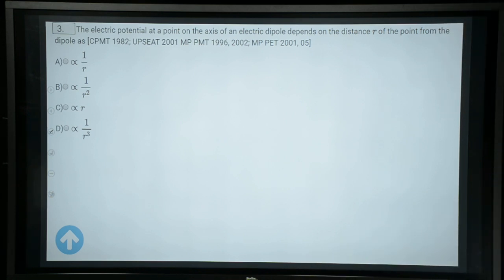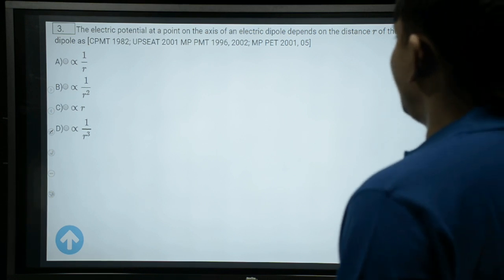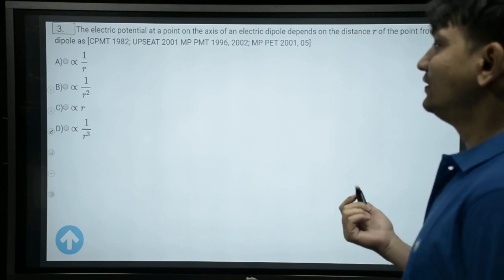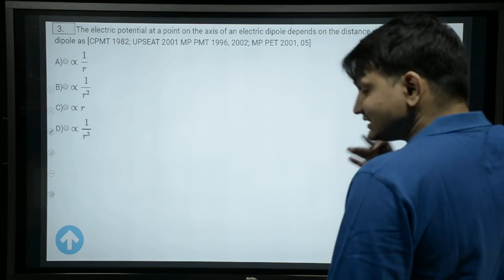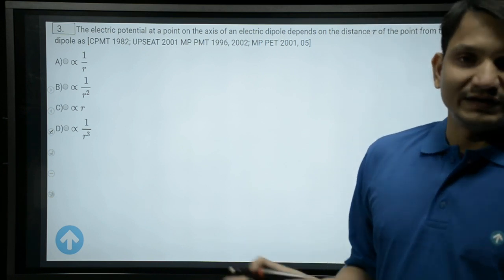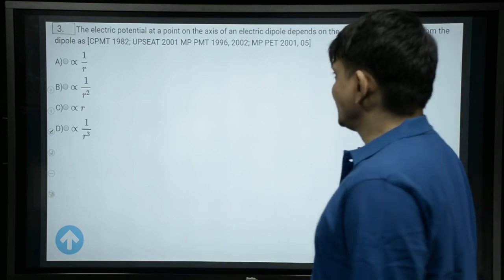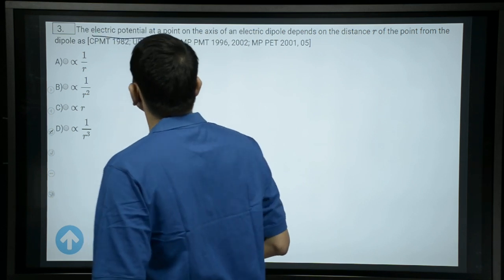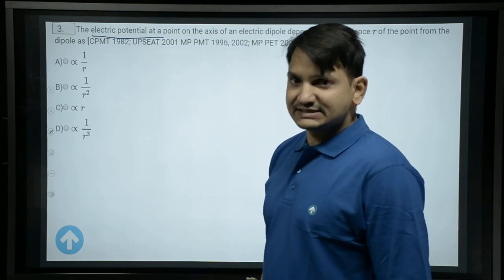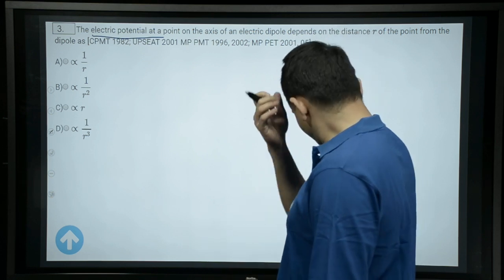The electric potential at a point on the axis of an electric dipole depends on the distance r of the point from the dipole as 1 by r, 1 by r square, 1 by r cube. So this is nothing but whatever we discussed earlier. Means electric potential at a point. We just discussed electric field by a point. So